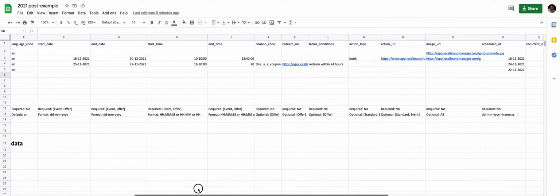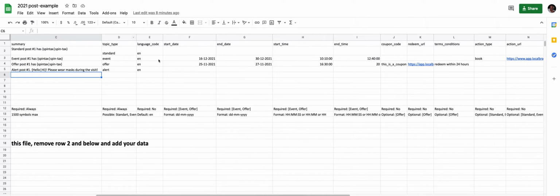We also have the language code. Most everybody is using English. However, if you're using a different language, you will input your code here. Then we have the start date and the end date, and please pay attention to the format. So it's in day hyphen, month hyphen, year. So don't use forward slashes, don't put month first. We need it in this exact format. And this is required for both events and offers. Then we have start time and end time of the event or offer,